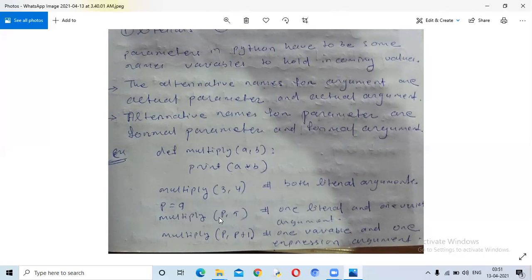Next, after that the control comes to the function. The value of p is received by a, the value 5 is received by b. So here the calculation happens between a and b. What is the value of p here? 9 into 5 it will calculate. Again, after the execution of this statement, the control comes back to the main program and it will execute